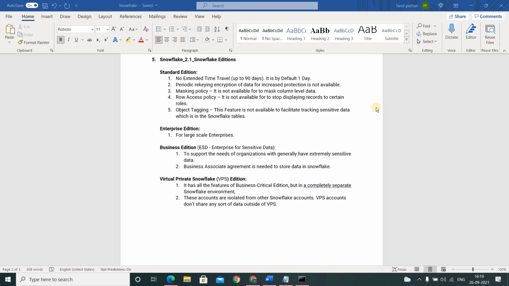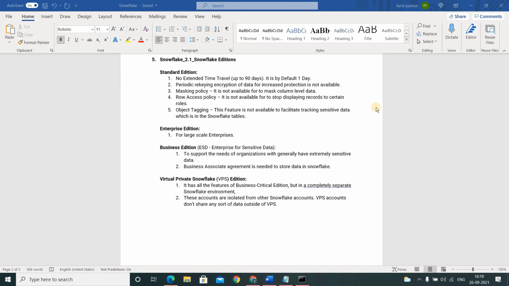It supports the needs of organizations which generally have extremely sensitive data, for example taxation companies or financial institutions, or we have CIBIL. For companies which have extremely sensitive data, Snowflake offers this edition.